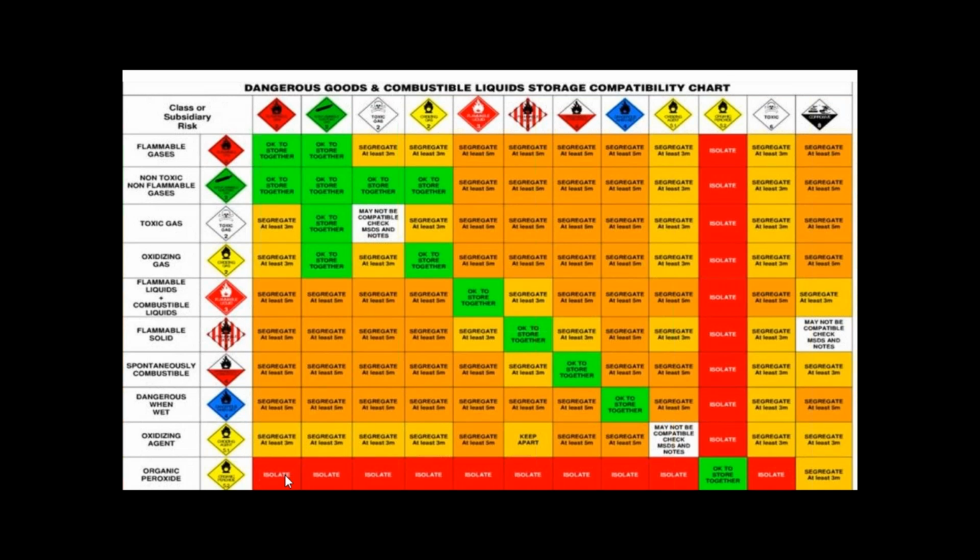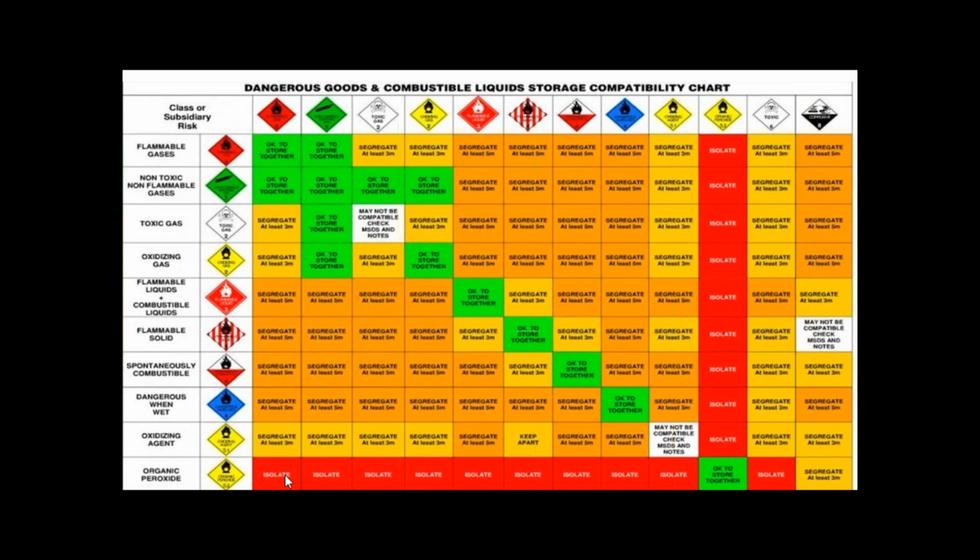So depending on the type of chemical, depending on the classification of chemical, depending on the characteristics of chemicals, we have to prepare or design these types of compatibility charts. So it is better to have the special compatibility chart of your industry, because which type of chemicals are used in your industry is known to you only.